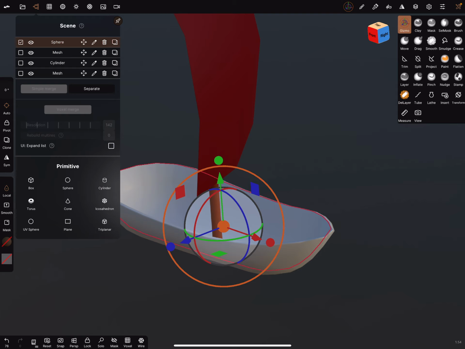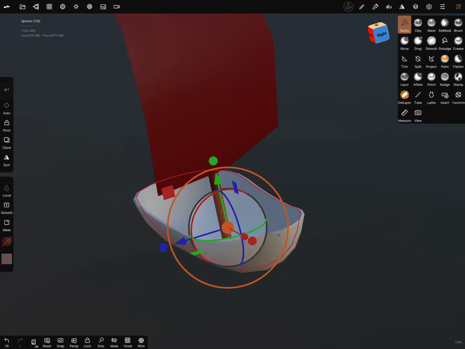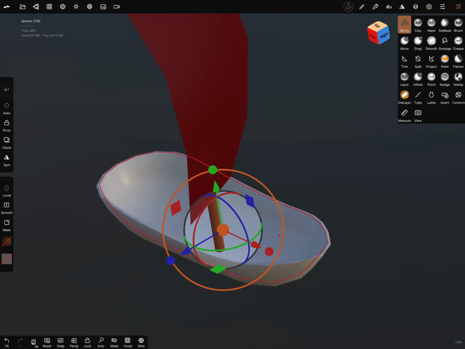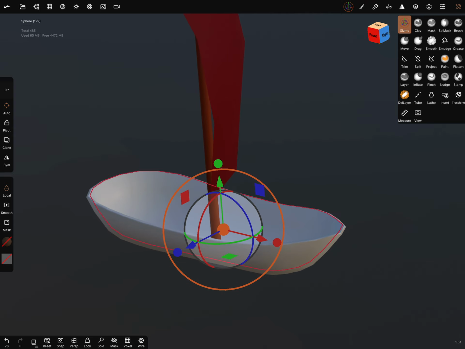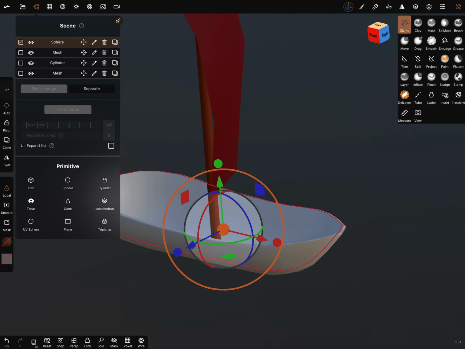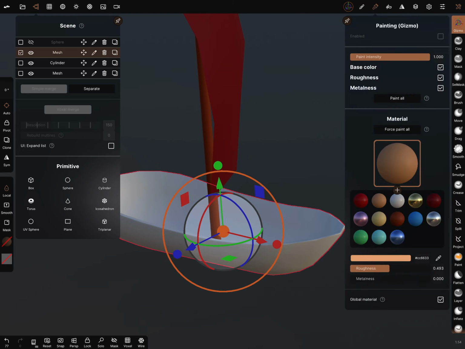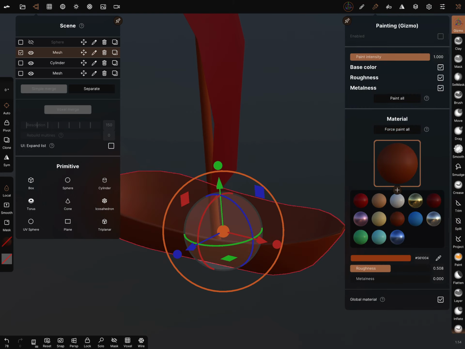Is there another boat? Sphere, mesh, cylinder? I think that's a mask of the boat. Now we can paint it.